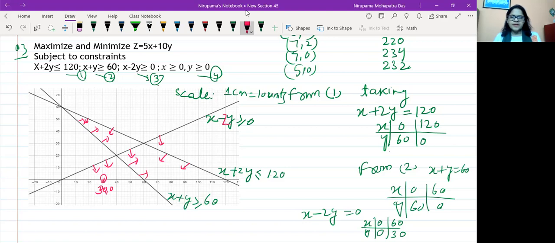It means it will not come on this side, it will come on the other side. So whichever point you take, it is not a problem at all. Okay, so is it clear to all of you?